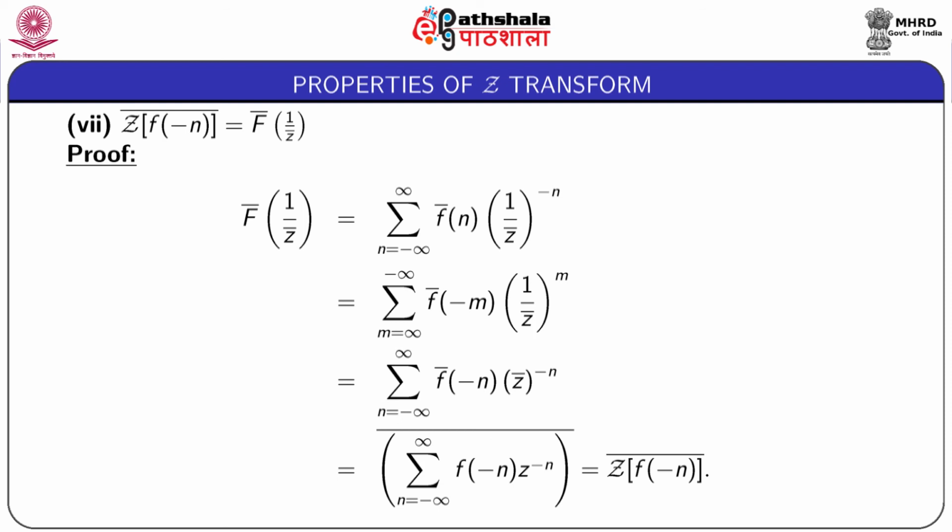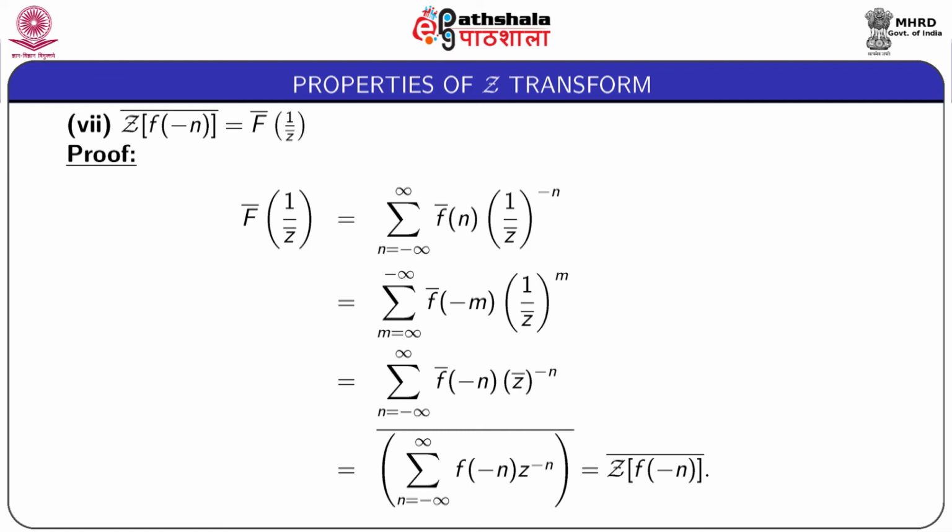Next property is that the conjugate of the Z transform of f(minus n) is equal to capital F bar of 1 by z bar. For proof, we start with capital F bar of 1 by z bar, and this is equal to, according to the definition of Z transform, summation n equal to minus infinity to plus infinity, small f(n) 1 by z bar whole to the power minus n. Now, if we substitute minus n equal to m, then this becomes summation m equal to minus infinity to plus infinity f bar(minus m) 1 by z bar to the power m, which we can write as summation n equal to minus infinity to plus infinity f bar(minus n) z bar to the power minus n,